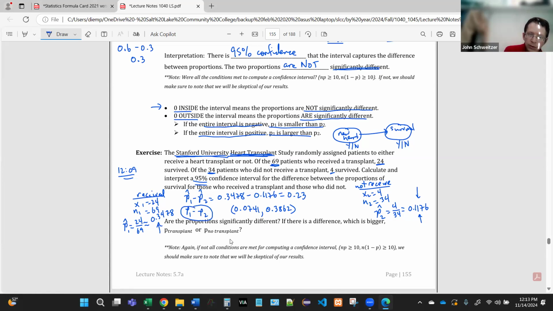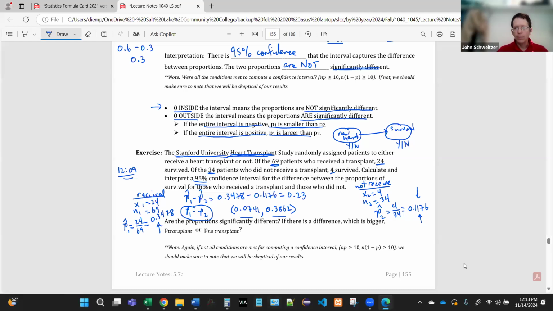So that means heart transplants do help, okay? So they do help, and that's a useful thing that the confidence interval tells us. The other nice thing is it estimates how helpful it is, right? If it was helpful, but it only helped by like 0.5%, then it might not be worth doing, right? But if it gives like a 10% increase or even like a 7% increase, that's great, right? And it could be as much as 39%. So that's good, right? All right.